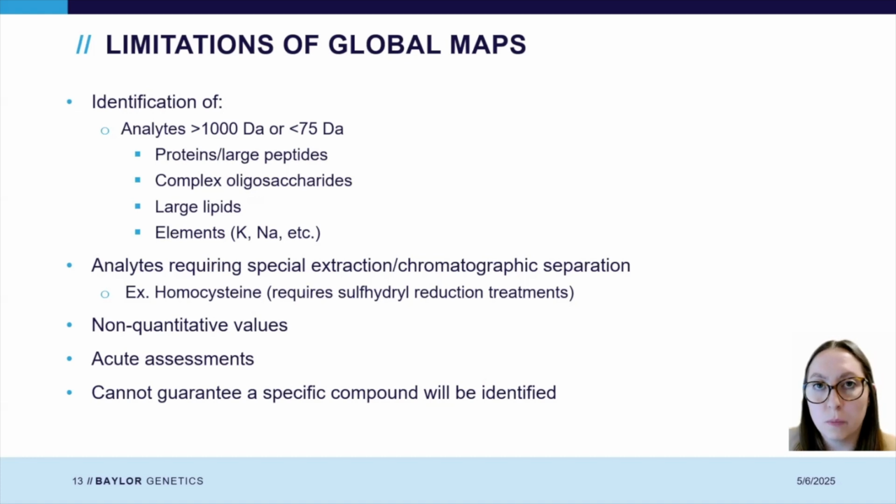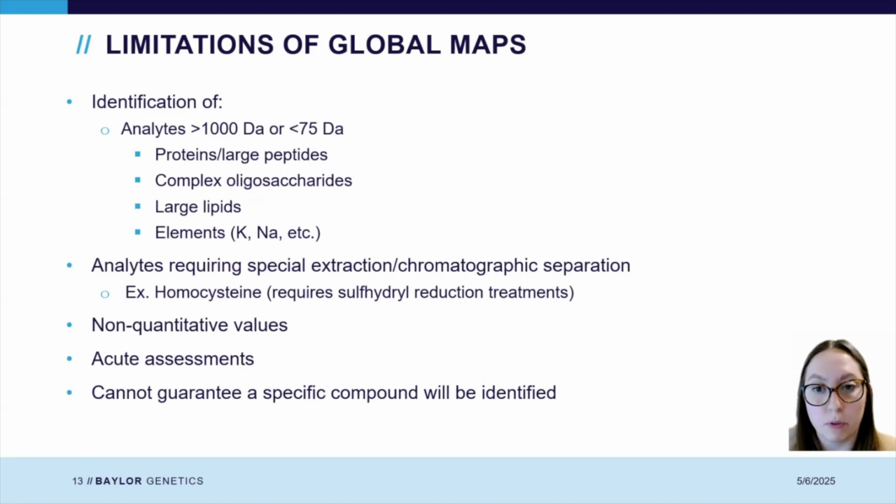As a result, proteins and large peptides, complex oligosaccharides, large lipids, and elemental ions such as potassium or sodium fall outside the scope of this test. Likewise, it's not intended to screen for conditions driven by high molecular weight substances, including lysosomal storage disorders, congenital disorders of glycosylation,